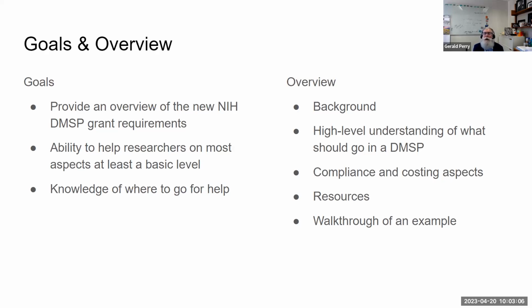So we'll be giving you a background on this effort and the policy, and giving a high-level understanding of what should go into a DMSP. We'll talk a bit about compliance and costing aspects, right? Because these things come up all the time as a central concern. We'll talk a little bit about resources, and we'll do a walkthrough of some examples